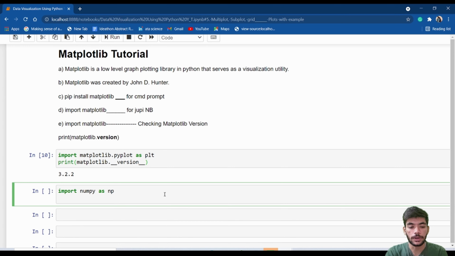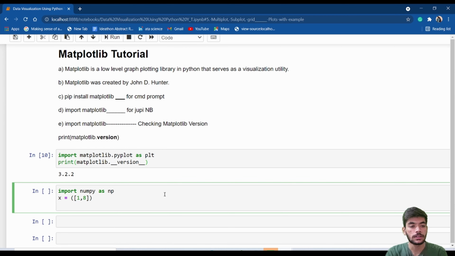In this I want to write some values, that is x equals, I will write the values up to 8 for x. For y I will write some values up to 10. So these are the values.